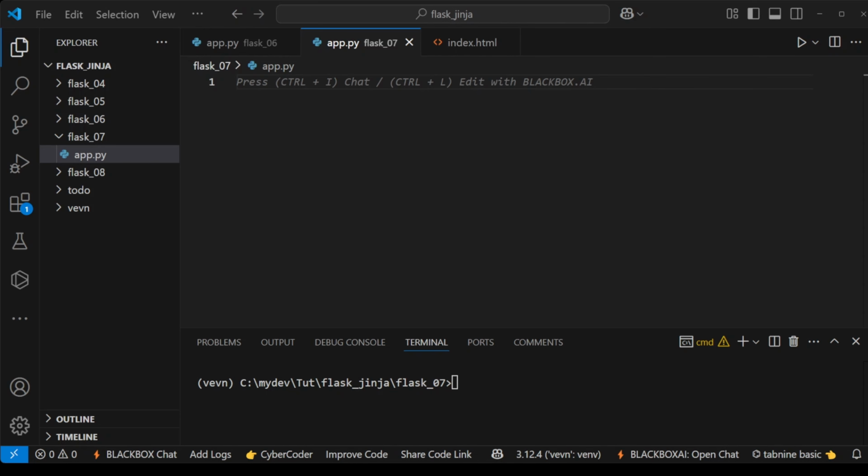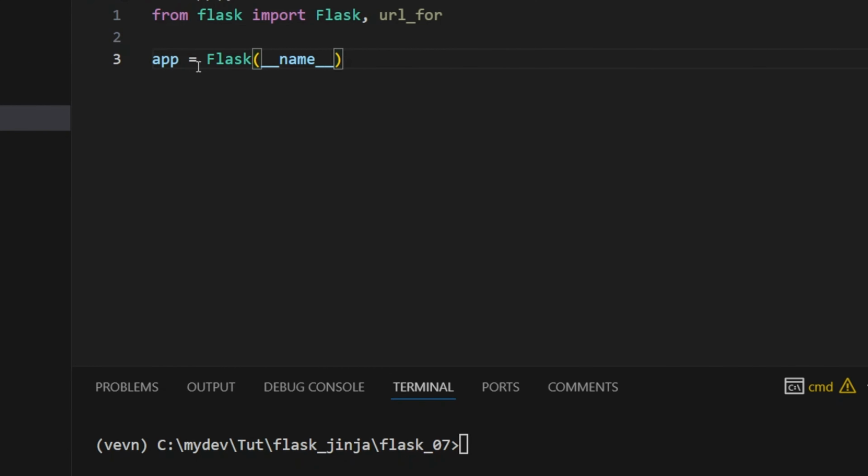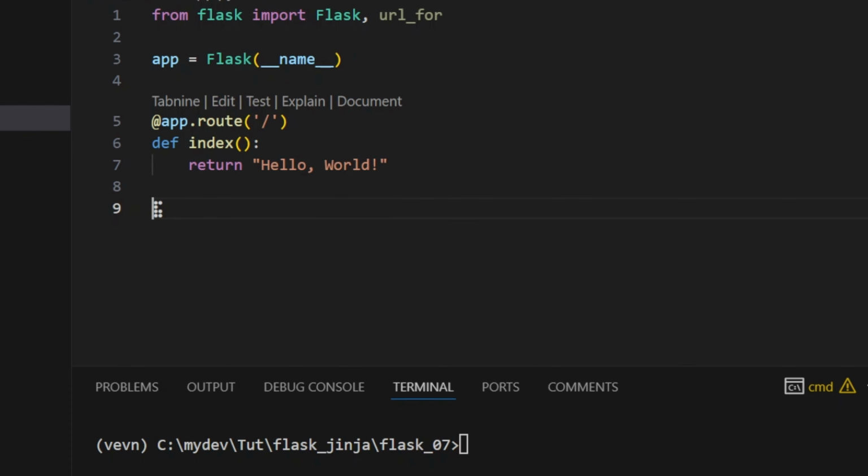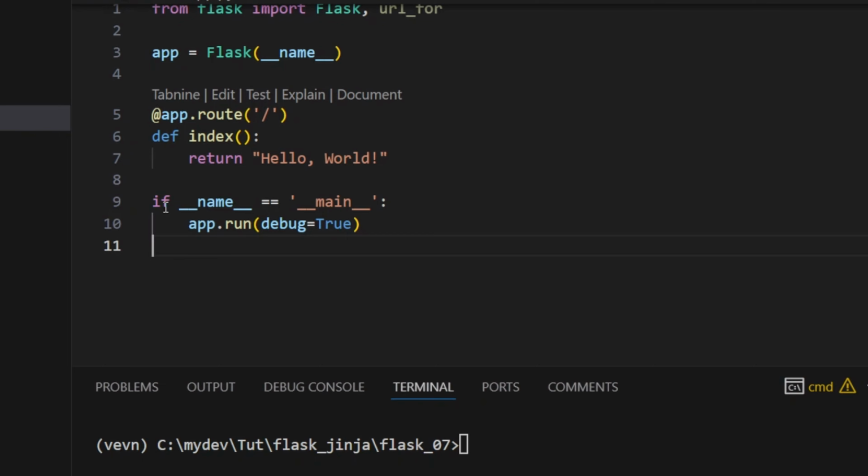Create a file named app.py and enter the following code. This imports the necessary classes from the Flask framework. Here, we create a Flask application instance. The __name__ helps Flask find the templates and static files. This decorator registers the index function to handle requests to the root URL. This index function returns the content to be displayed when the user visits the root URL, while this ensures the